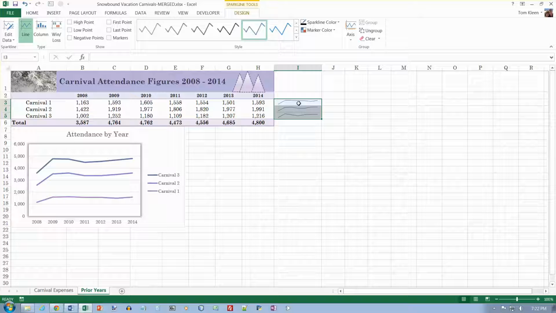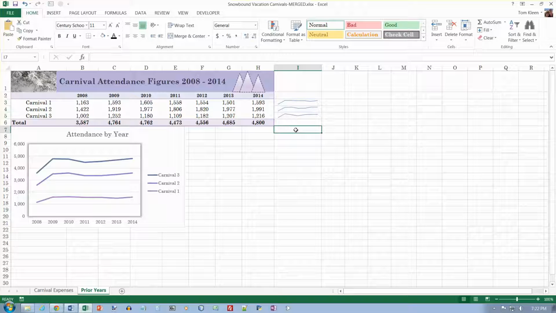And that is it for Chapter 11. There's a little bit at the end of Chapter 11 on collaborating with users who do not use Excel 2013. Basically, the world uses Excel for spreadsheets. And if you do need to collaborate with somebody who's not using Excel, which I think would be kind of rare, you can figure out how to do that on your own, but we're not going to worry about it. So that's the end of our videos for chapter